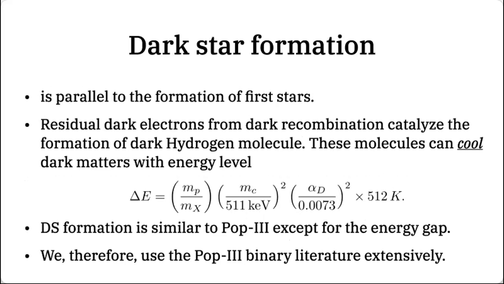In the same way, we assume that for dark matter star formation, the crucial energy scale is set by the ground state and the first excited state, which is the rotational state of the dark hydrogen molecules. And then we can also calculate the energy gap in terms of physical parameters like the fine structure constant, proton mass, and electron mass. But we scale that value to figure out the mass scale, right? And then what we have is the distribution of mass in the Pop 3 star, and we simply rescale them by using the different opacity limit.